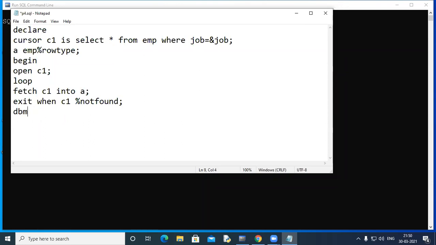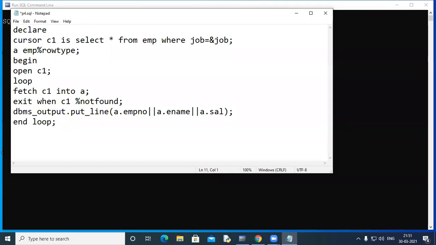And then we can obviously print. We can print here the values, whatever we want to print. So if you want to print emp number, ename and salary, I would write like this: a dot ename, a dot sal. If we want to print everything, then we need to write everything: a dot emp number, a dot ename, a dot sal. We need to mention all the columns. That is the only way. There's no shortcut to this.